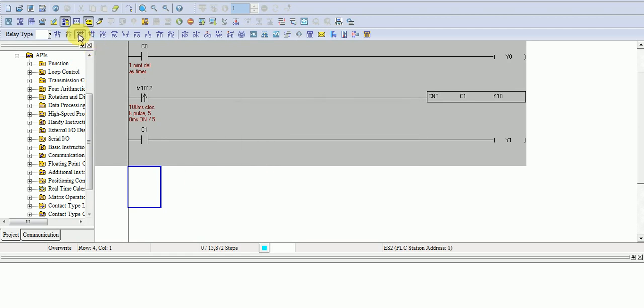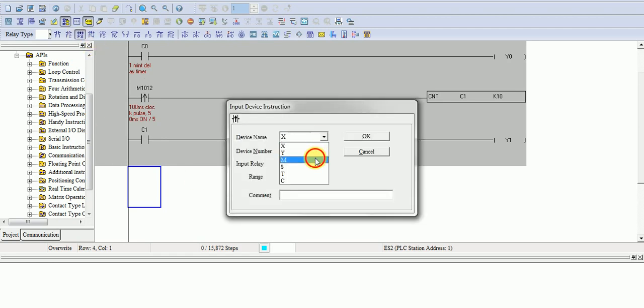Take another example, M1013. This is the 1 second clock pulse, 0.5 second on and 0.5 second off.